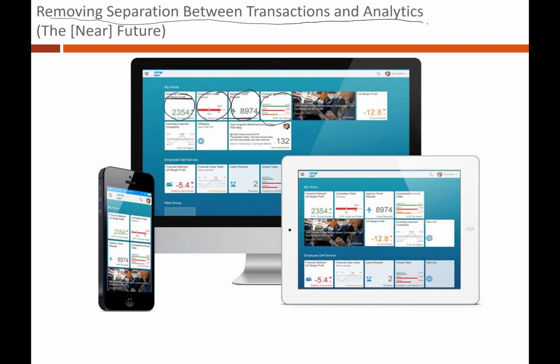And the thing about Fiori that SAP touts is, you create, and if you look here, the same thing showing on this desktop is also showing on the person's iPad, and then when they look at it on their iPhone, you don't see as much at the same time, but the same tiles are there on your iPhone as well. And so now you can move back and forth between environments, and because the performance is fast enough, you can actually